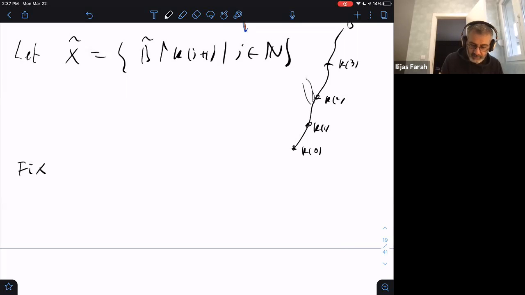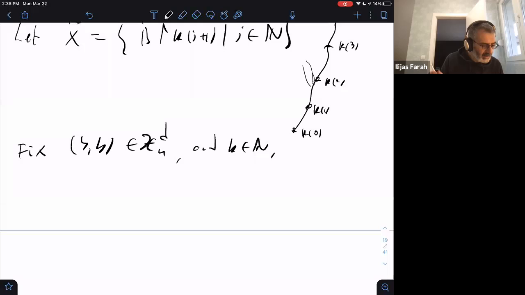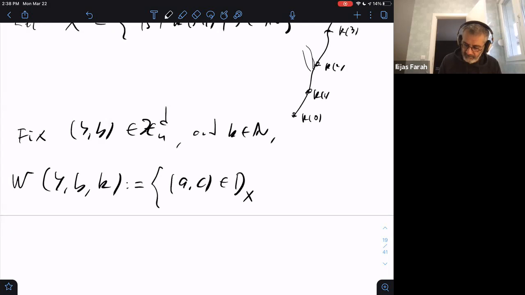Now, fix y b in x d n, and fix k in N, and consider the following. W, y, comma b, comma k is defined as follows. The set of all pairs a c in d x tilde cross B of H less or equal than 1, such that